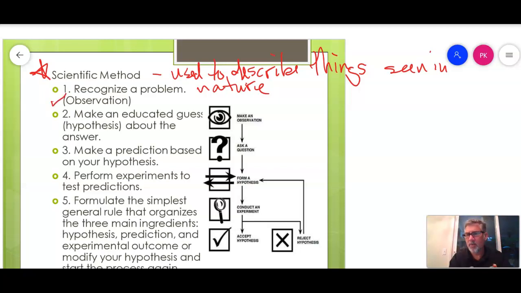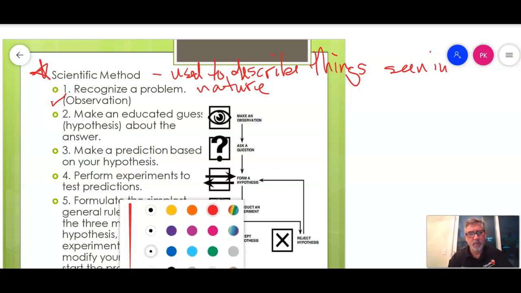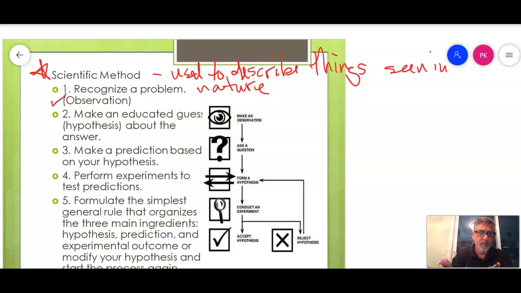So you recognize a problem, right? And you make an observation. It could be something as simple as looking up on a sunny day. Your observation is the sky looks blue, right? So now you need to make an educated guess. This step is used to form a hypothesis. So a hypothesis is an educated guess,